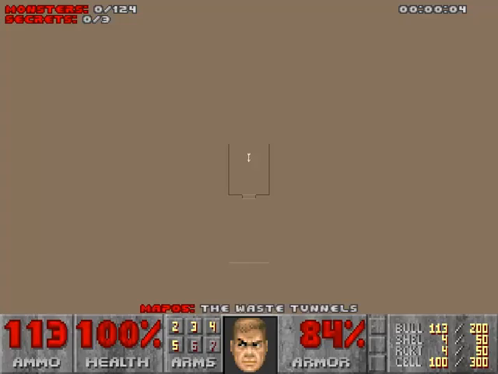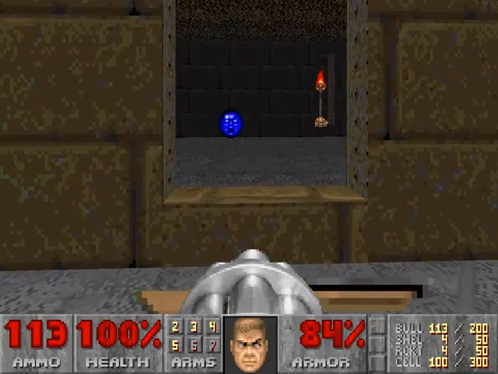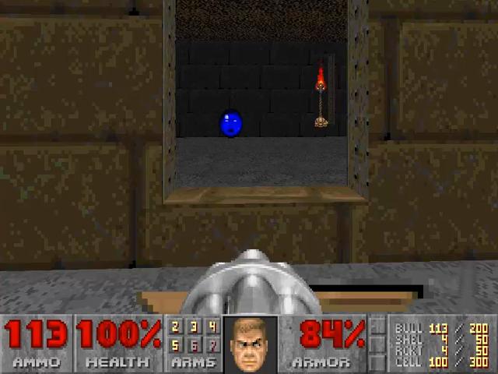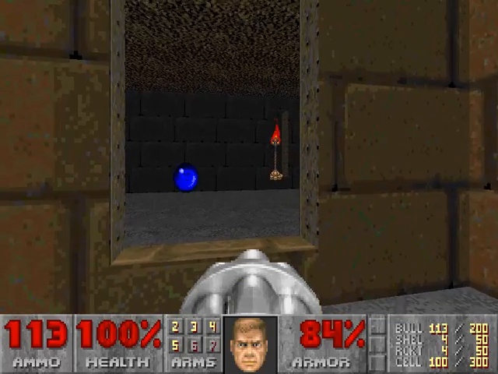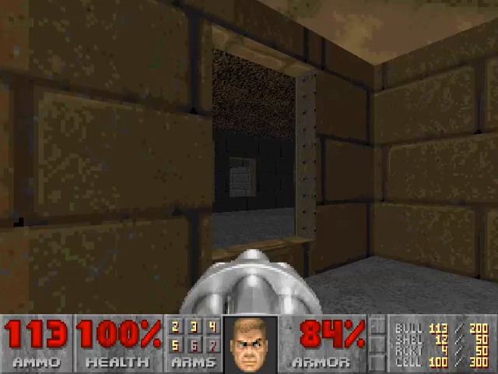In this episode we're going through map 5, the Waste Tunnels. This map is pretty difficult. The difficulty spike goes up really steeply on this level, but if you've got a good strategy it's not going to be too difficult. So what we want to do is I'm going to go ahead and pull out this